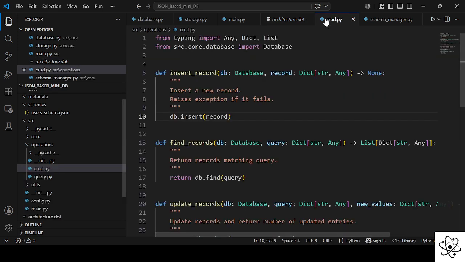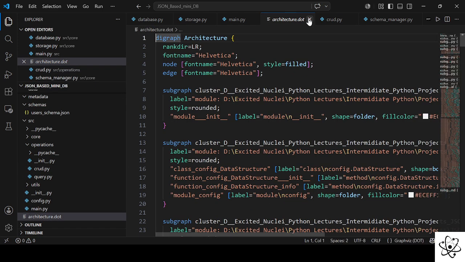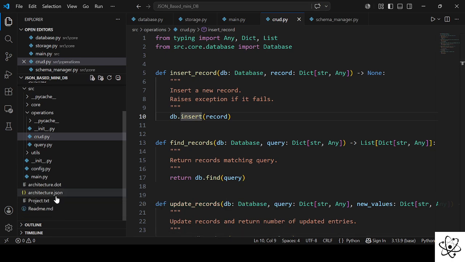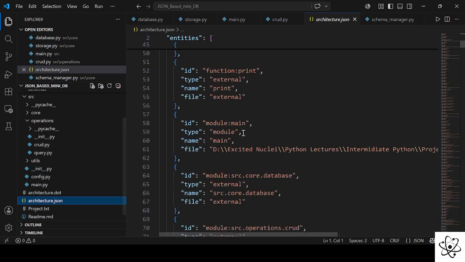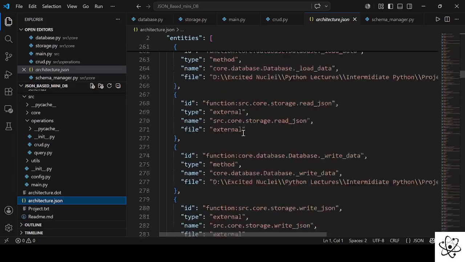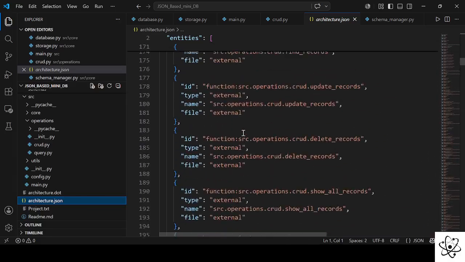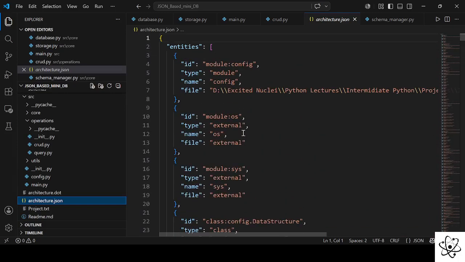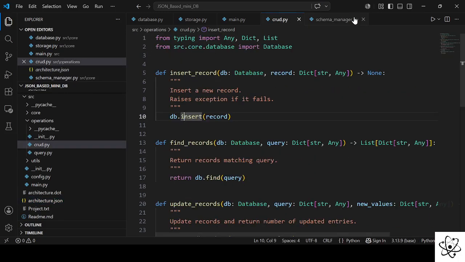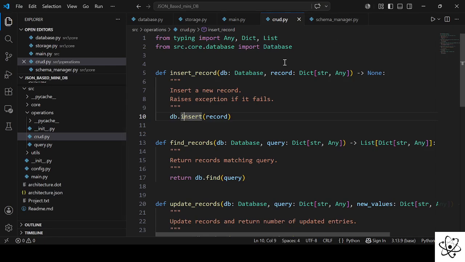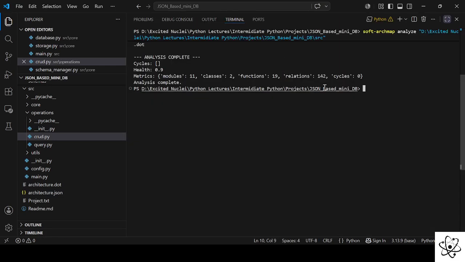And there are also some extra features, such as this JSON file, which you can import into an AI model to make it understand your project structure and other things. So I will recommend you using it. And if I have to show you some more cool features of it, it can simply tell you what are the risk